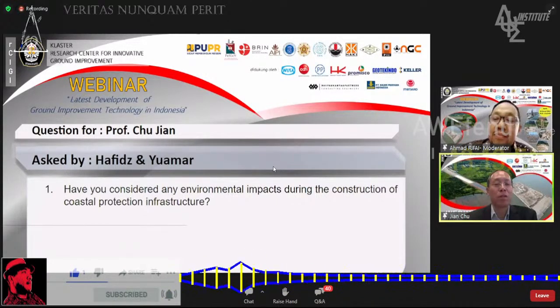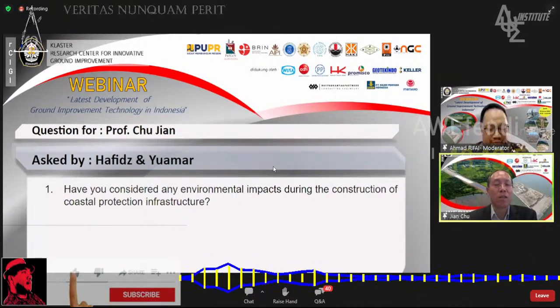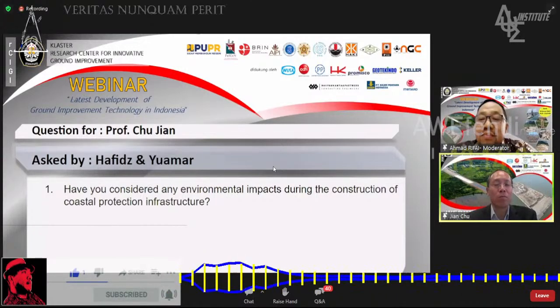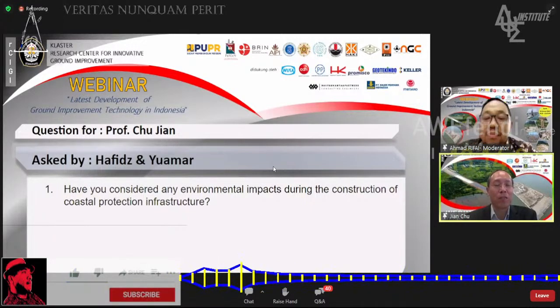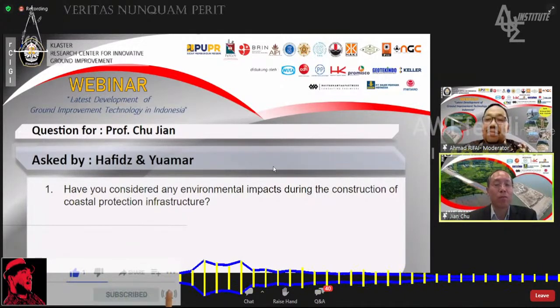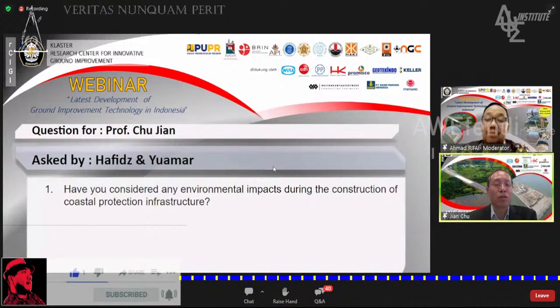The question now is how do we restore? That means there are two tasks. Task number one is how to minimize the impact, and task number two is, since we already have negative impact to the environment, how do we restore and reinstate the